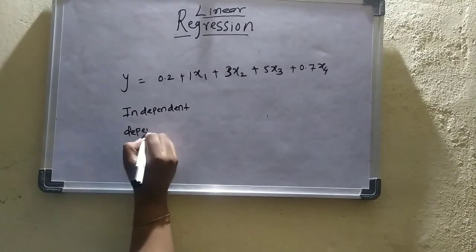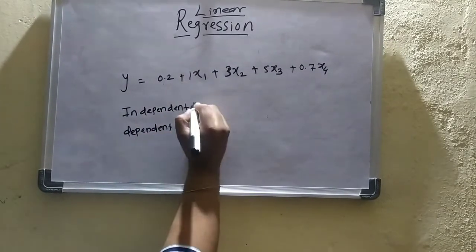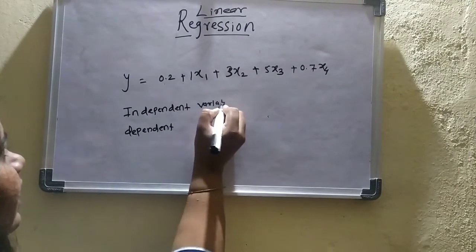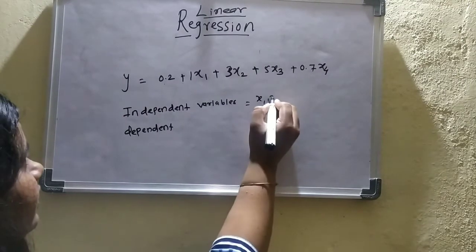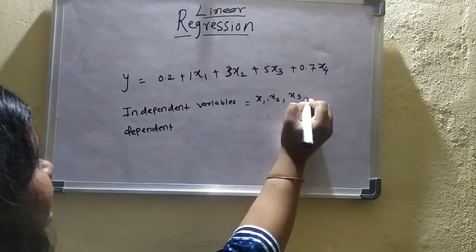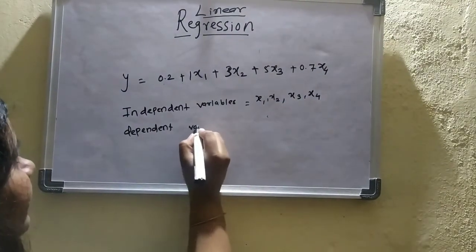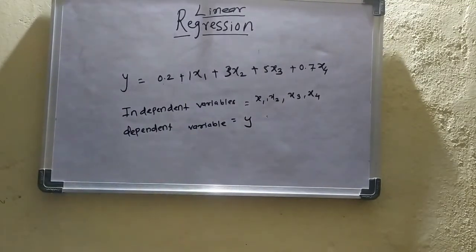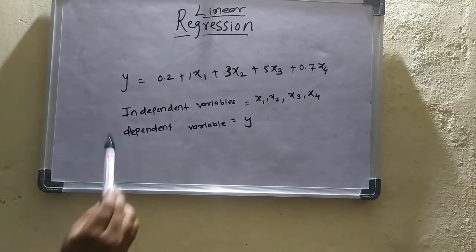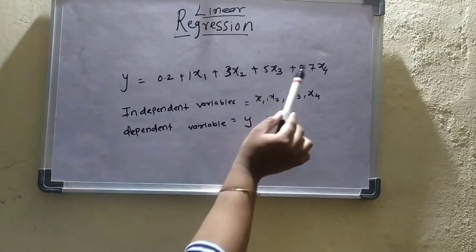We can find out easily. Okay, so we can see here are 4 independent variables, that is x1, x2, x3 and x4, and the dependent variable is single, that is y, and there are 1, 2, 3, 4, 5